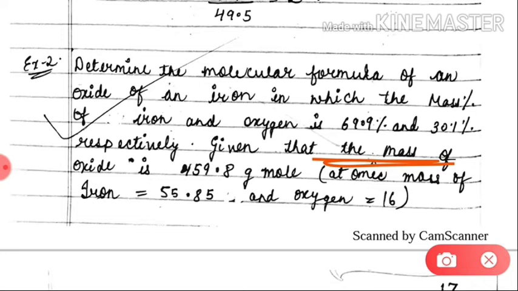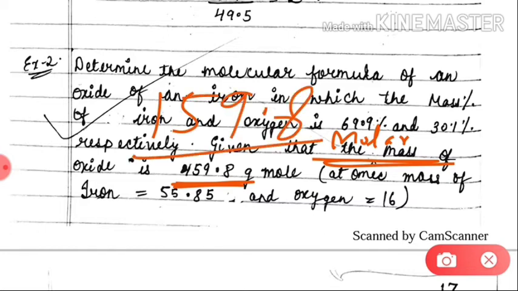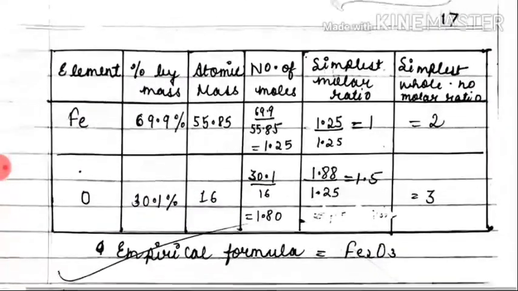Given that, it is not mass, make the correction, it is molar mass. So given that the molar mass of the oxide is 159.8. So wherever there are mistakes, all of you correct them. And the atomic mass of iron is 55.85 and of oxygen is 16. And we need to calculate the molecular formula. So how do we calculate the molecular formula? I have explained the basic idea. Now we see, first of all we make this table,